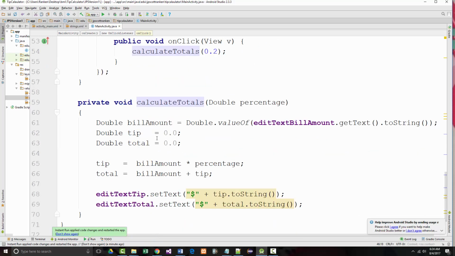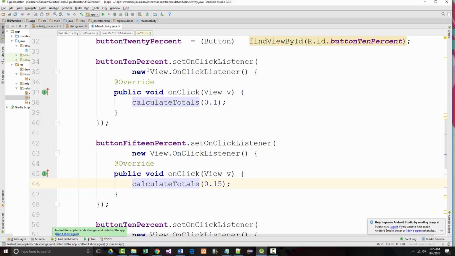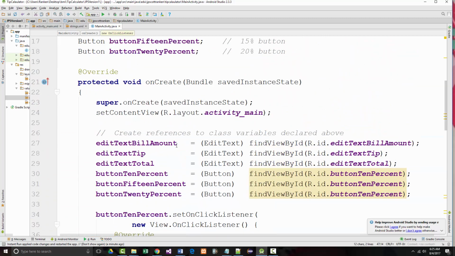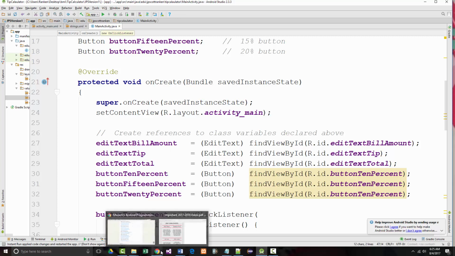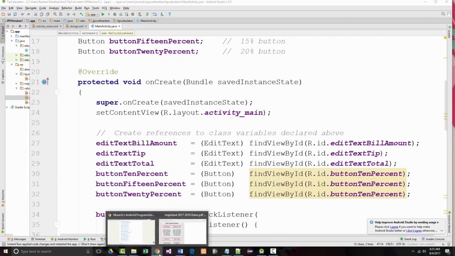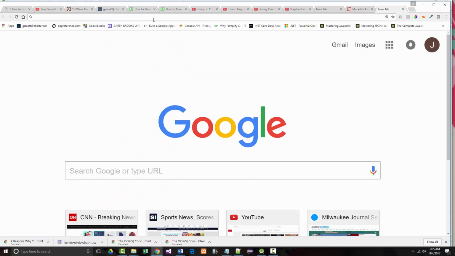Bill amount times percentage, which should have been passed in, total. That all looks like it should be correct. 10%, 15%. That should be 20%. That would goof things up, so that's the first error that we found. And the other thing, I want to do two things here. And the first is I want to